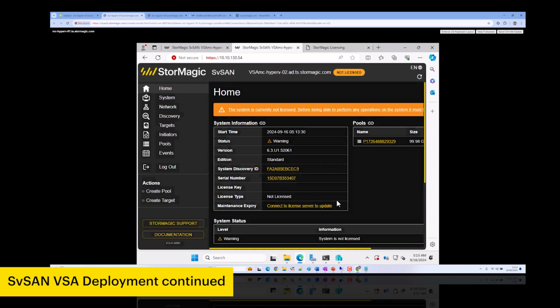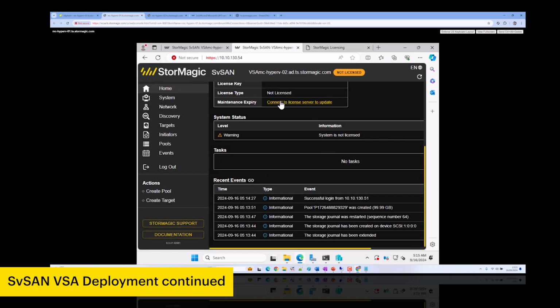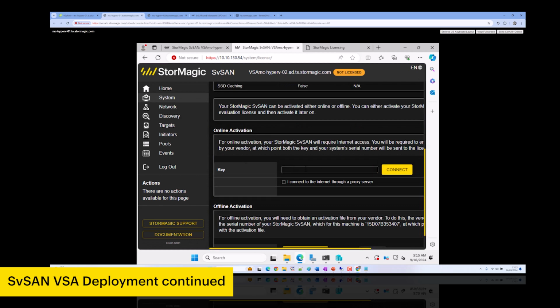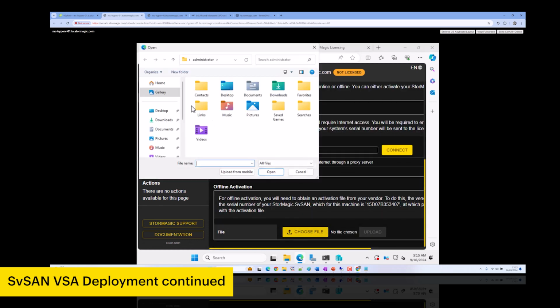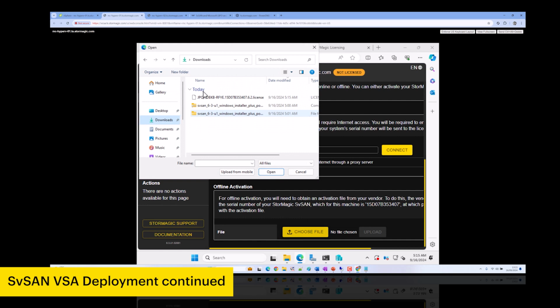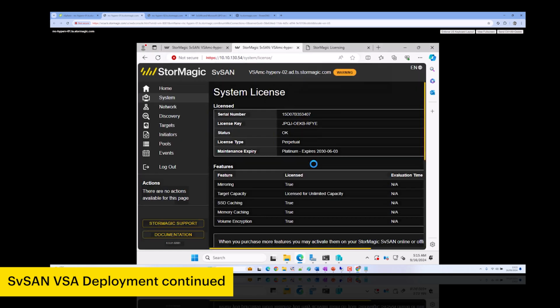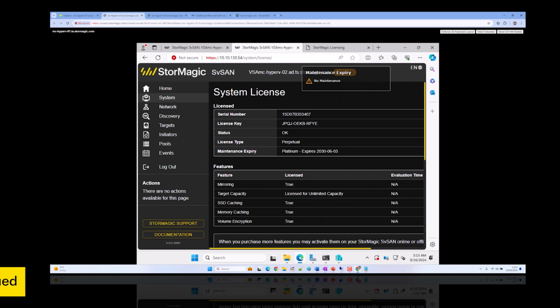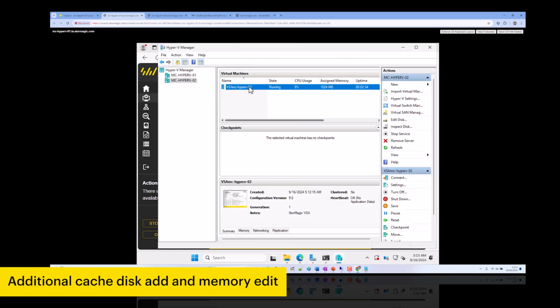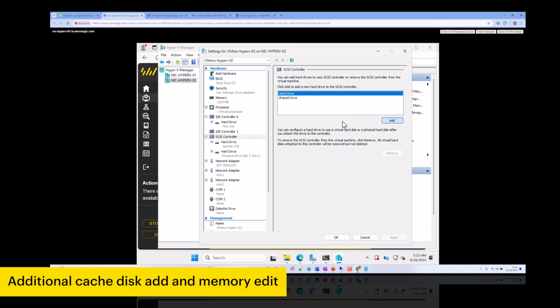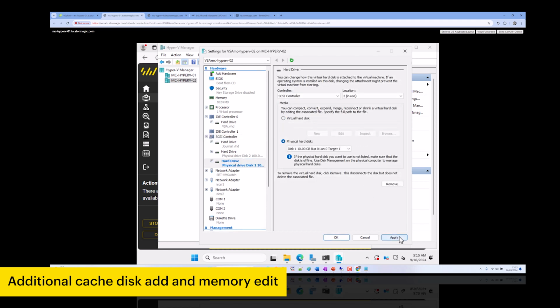Fine. So if we now click here, we can see either we can punch in a license key for an online activation, or in my case, as I'm doing here with this downloads, push up the offline license file, and bing, it's all licensed. So what I didn't do to this guy is to map up that additional 10 gig. So we're going to go add a hard disk, and we're going to map up that additional 10 gig as our